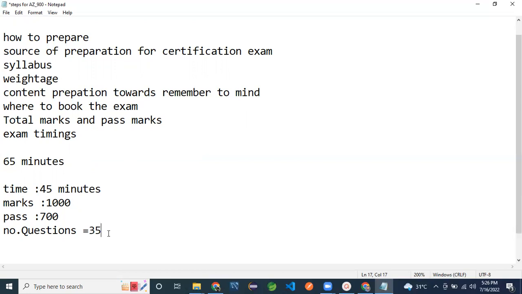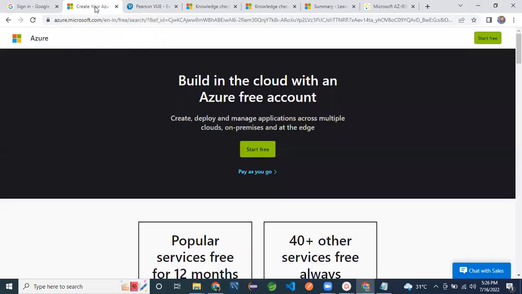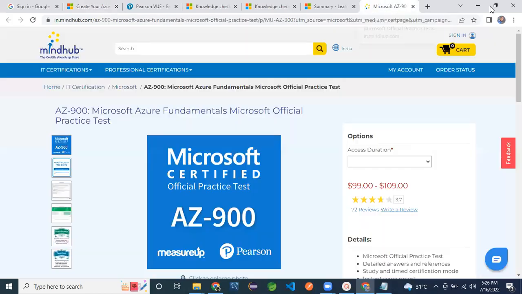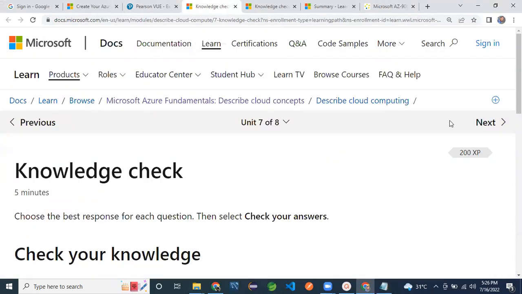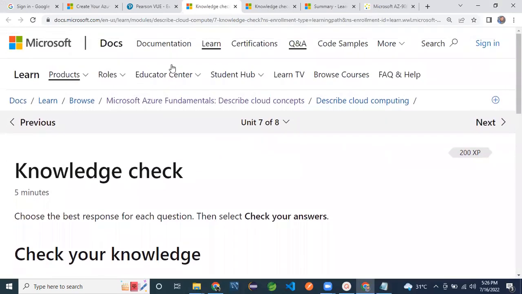I hope everyone has understood how to prepare, what source we can prefer, how to prepare the content, how to book the examination, and how to pass. I am constantly repeating that you are not required to go to any institute or trainer or anywhere to study.